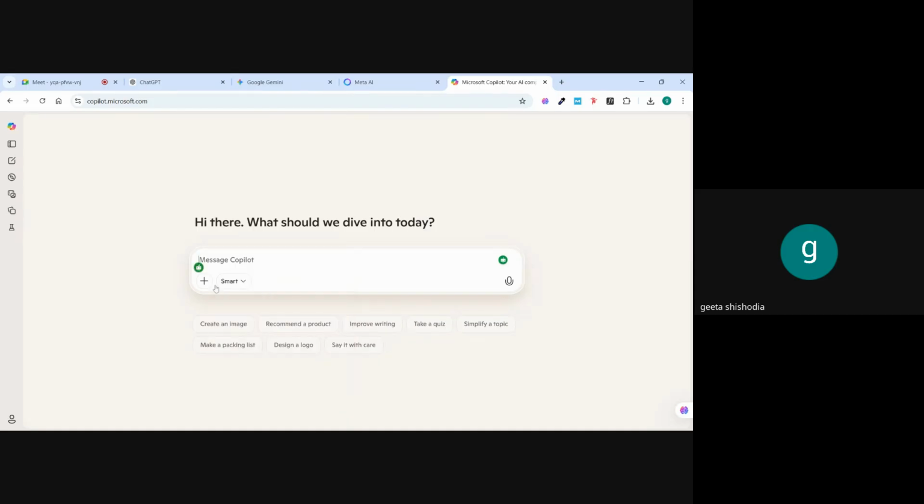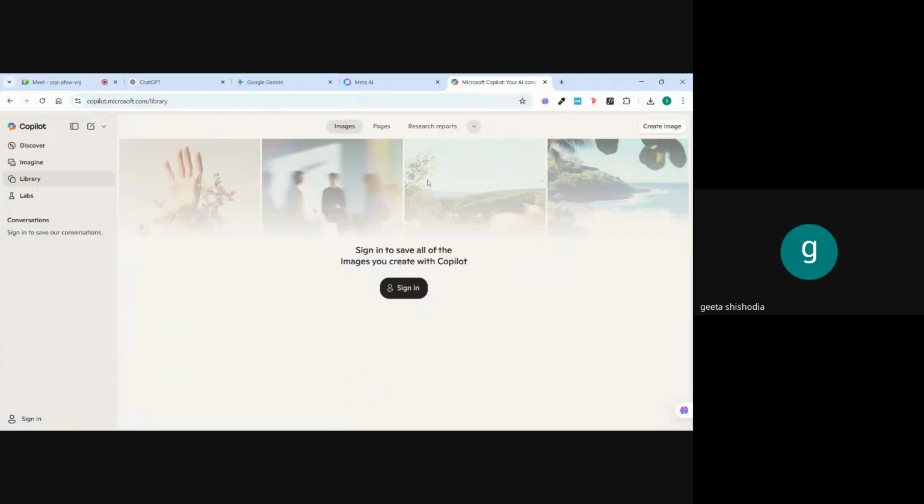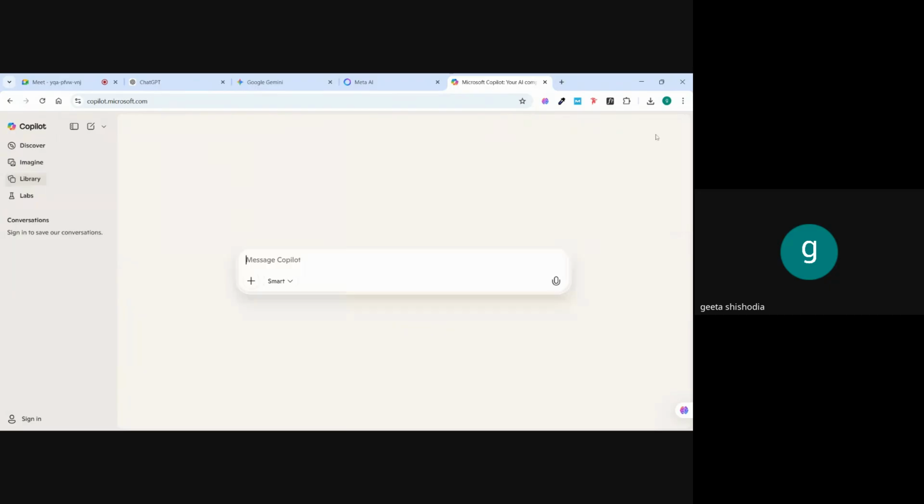Got it? So you have many things to do. You can ask it to think deeper, to study and learn. You can create quizzes, do guided learning and more, and search answers for advanced learning. Here on the left-hand side you have the open side panel. The side panel will open up and you can generate images. Here there is a library. You can sign in and create an image. So here it is, create an image. If I just click on it,